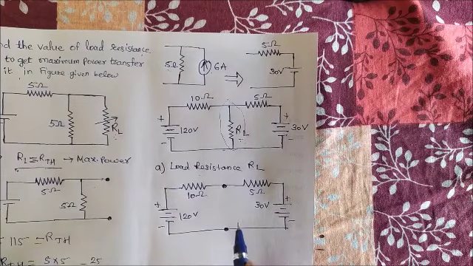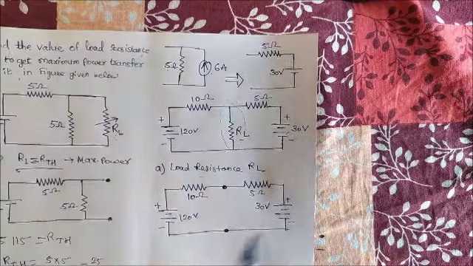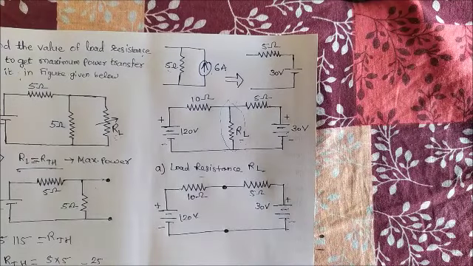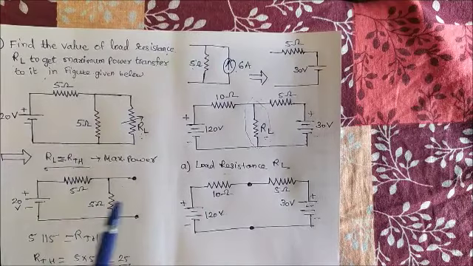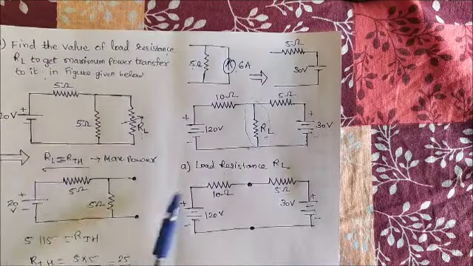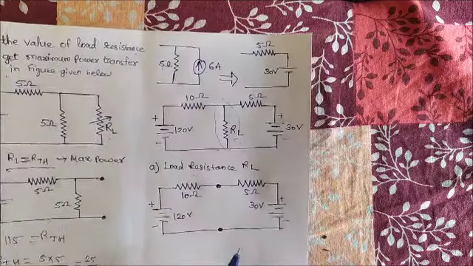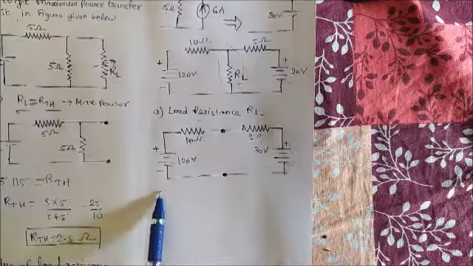And first of all we have to find out here VOC. Why we have to find out VOC, the open circuit voltage? Because here two voltage sources are in the circuit, and therefore the open circuit voltage supplied by both these voltages we have to calculate here. In the first numerical, there was just a single voltage source, and hence no need to calculate the open circuit voltage. Directly our open circuit voltage which we got there was 20 volt. But here we have to calculate the open circuit voltage, and to calculate that, use the method of solving Thevenin circuit.